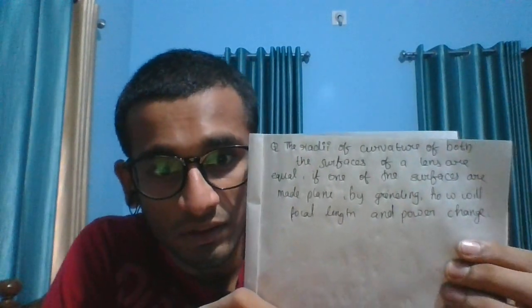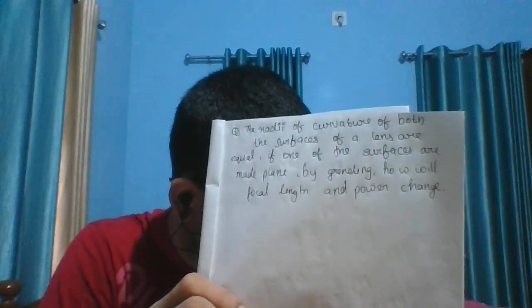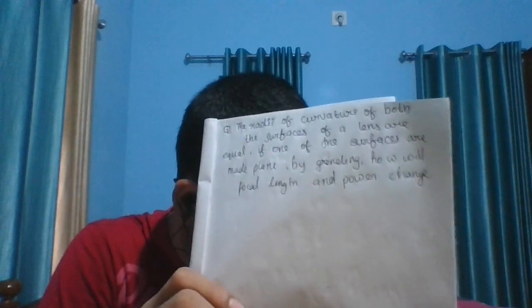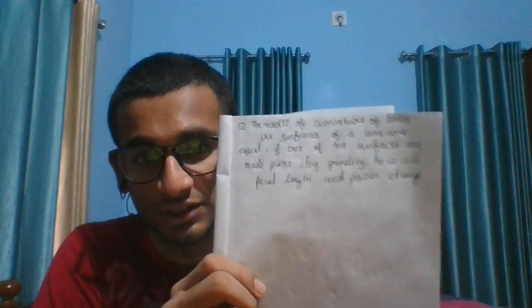We have been asked a question. The radii of curvature of both the surfaces of a lens are equal. If one of the surfaces is made plane by grinding, how will the focal length and power change? As you read the question, you should realize that